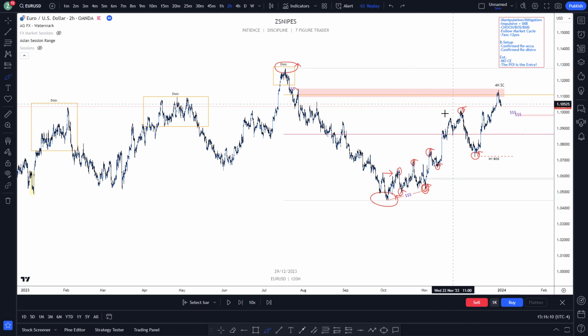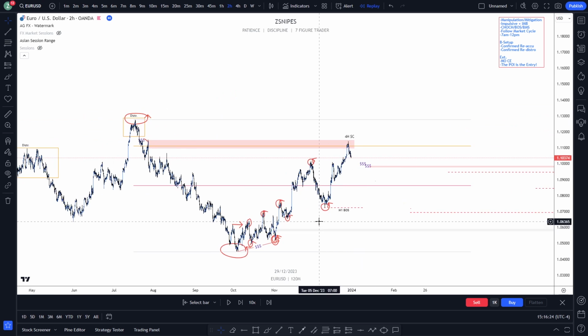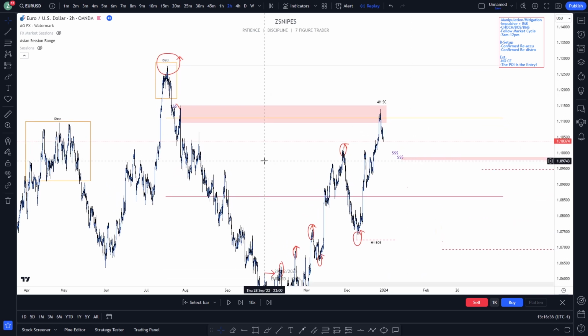Now, once we get to the premium, we know that, hey, higher time frame is bearish and we are reaching higher time frame premium prices. So now we start becoming cautious on the buys and we start looking for the sells. We ask ourselves, where are sellers at? Where are our points of interest? Where do we have manipulations and everything like that? And as you guys can see here, look at where we're reacting.